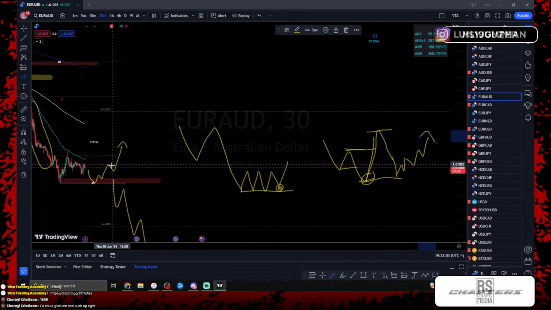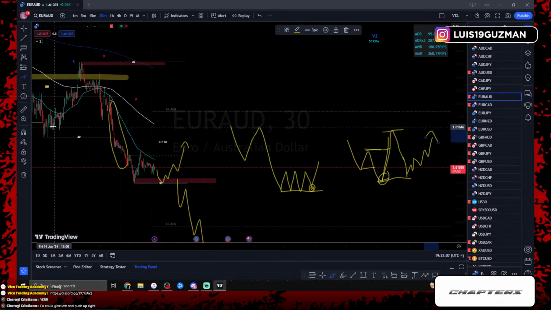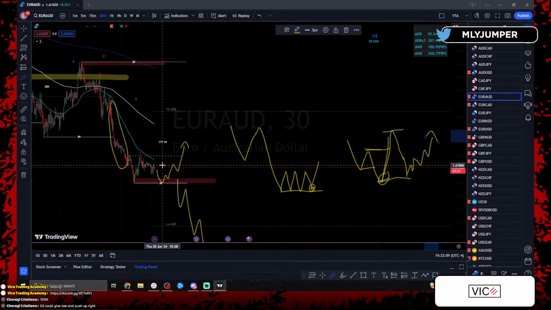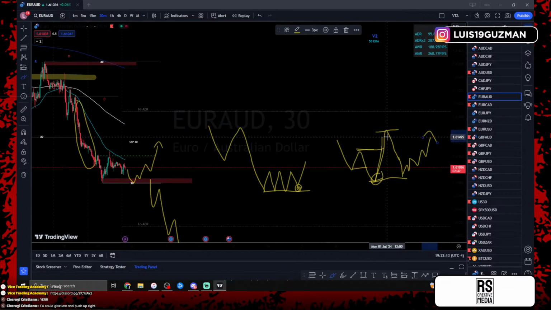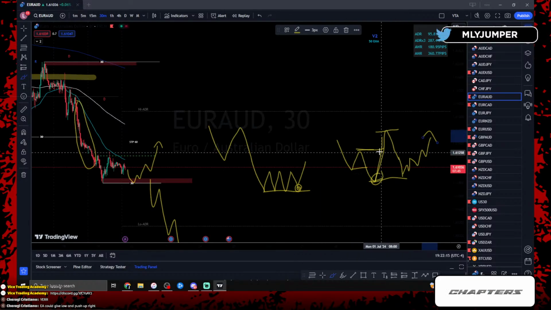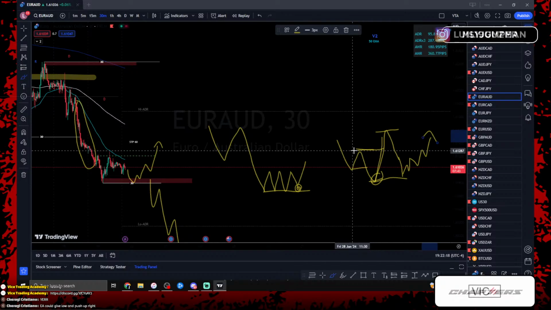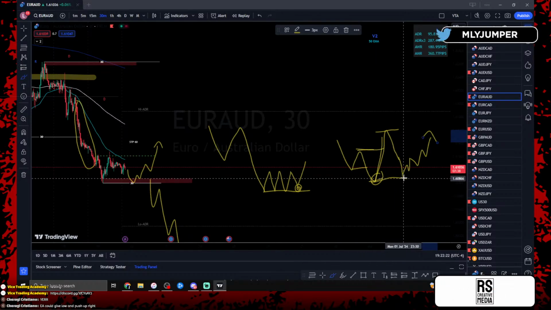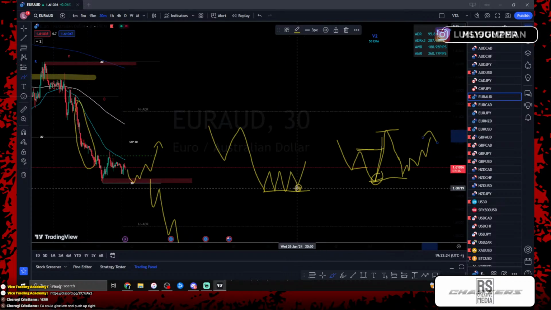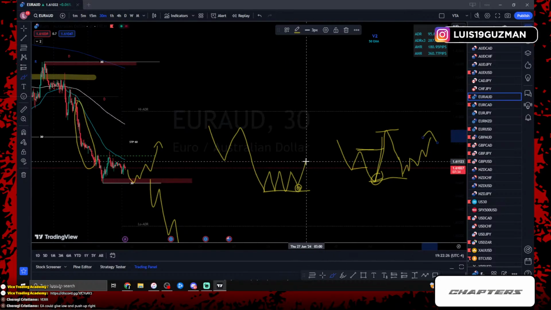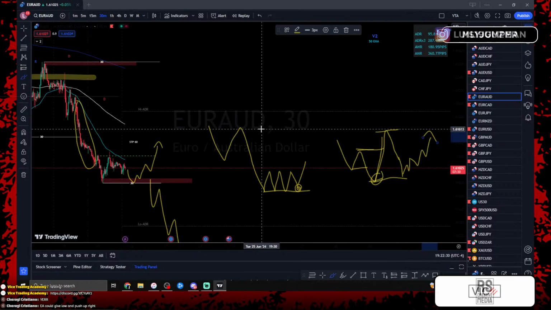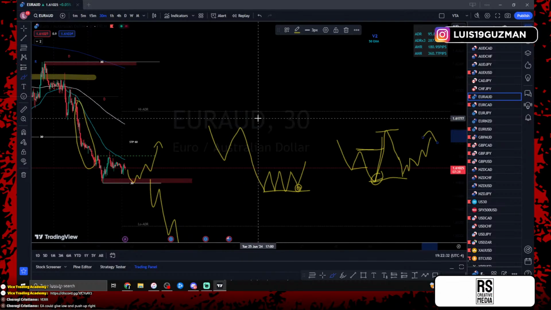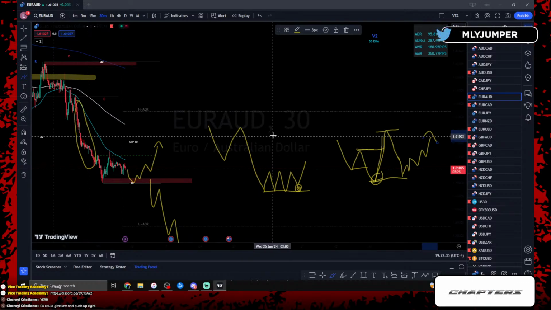In comparison to taking these 30-minute trades off the low when price is still giving us lower lows and lower highs, right? Our probability that price is going to continue to make higher highs and higher lows after we made the initial break of structure is a higher probability of taking this aggressive trade rather than taking this aggressive trade on a 30-minute time frame going long when price is still making lower lows and lower highs without a break of structure or change of character to the top side. Right? I hope that makes sense.